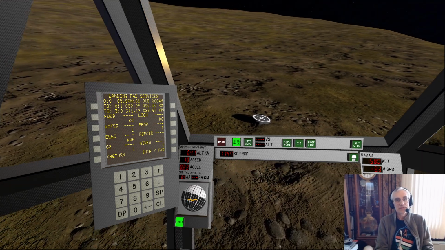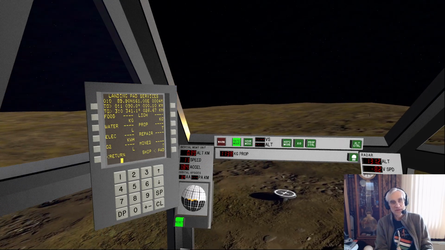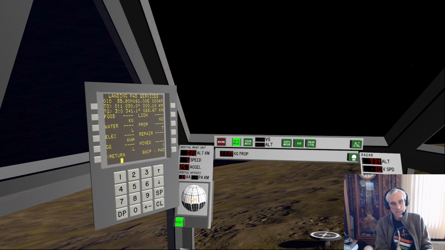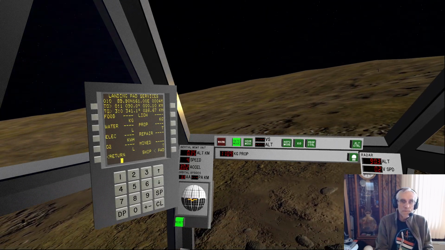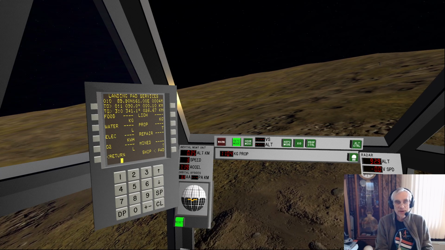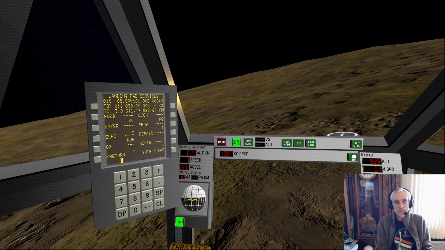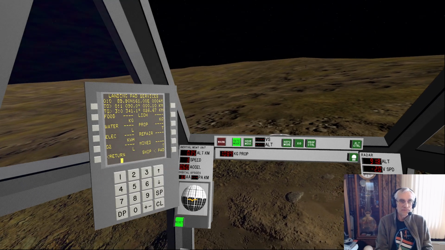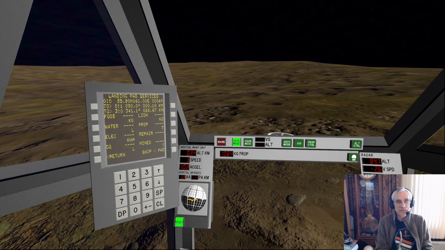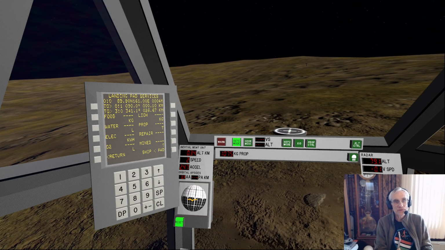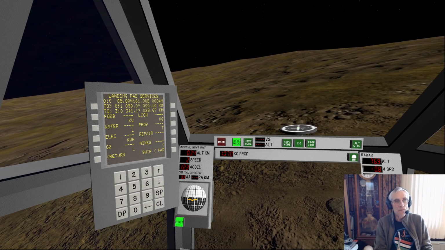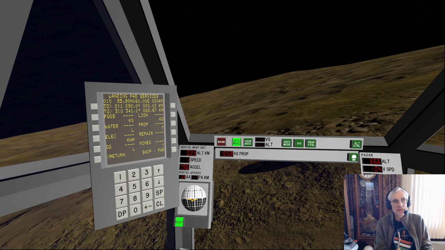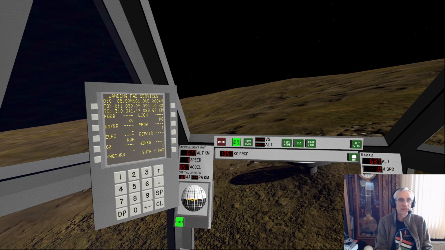As soon as I get my horizontal speed, okay, arrest my leftward motion. All right. Level out, so my leftward motion is almost zero. I've got a little forward motion, about 5 meters per second. Tip back a little bit. I want to start slowing that down. Whoops, I'm drifting to the right.